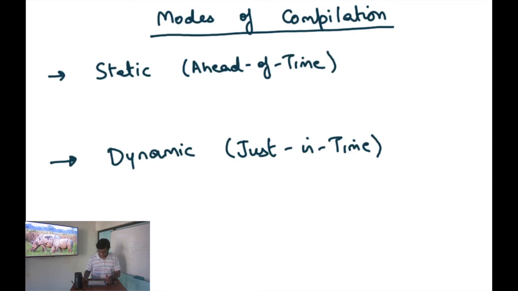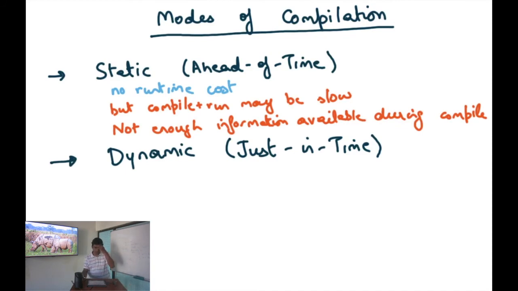All right, so what are the trade-offs of doing ahead of time versus just-in-time? Well, first of all, static ahead of time compilation has no runtime cost. You're doing it in an offline phase, and usually it doesn't get counted on the actual execution of a program. So think about it. Let's say you're running a web server. Then the web server, if it has been compiled ahead of time, it doesn't matter how long it took to compile, right? Because the web server is going to serve billions of requests, and the time taken by each request to get served has nothing to do with the amount of time it took to compile the web server. All right.